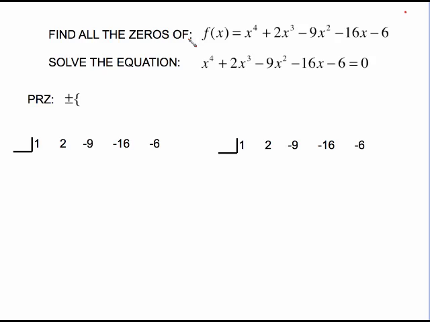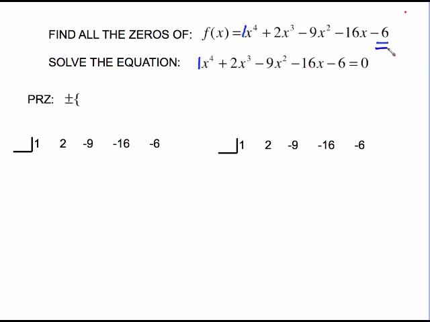Now, to review from the previous videos, the directions, find all the zeros of the polynomial, is the same thing as saying solve the equation. It doesn't matter the way it's phrased, you've got to do the same thing, which is find the possible rational zeros or the possible rational roots, whatever way you want to put it. Because the coefficient here is 1,